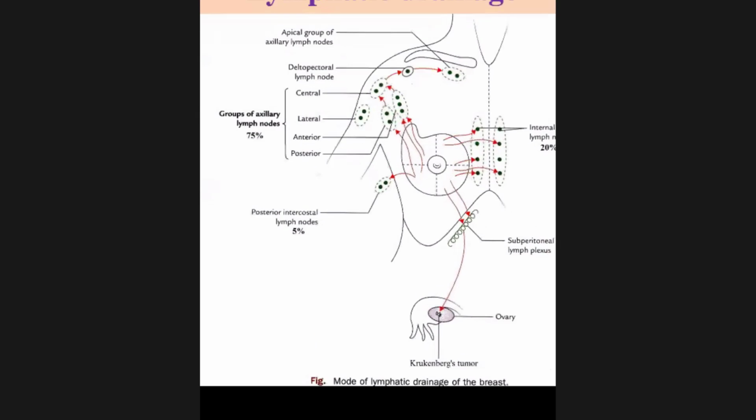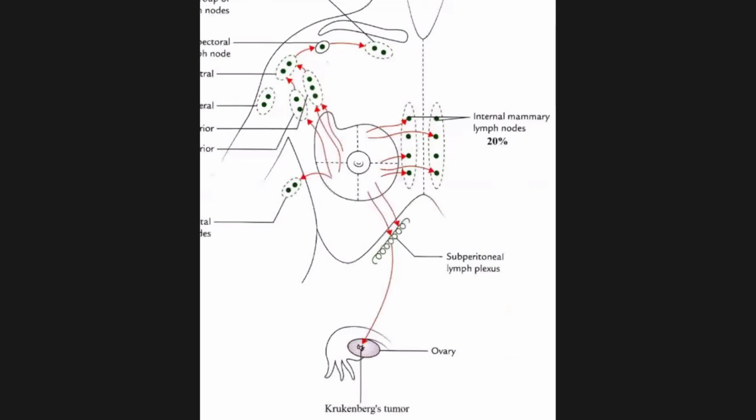One very important thing: if there is a tumor, CA, in case of mammary gland, and that is by the metastasis, there is a tumor in case of the ovary also, that is called Krukenberg tumor. So Krukenberg tumor is a tumor of the ovary and this tumor is because of the mammary gland. Mammary gland को tumor, and this is because of the lymph.